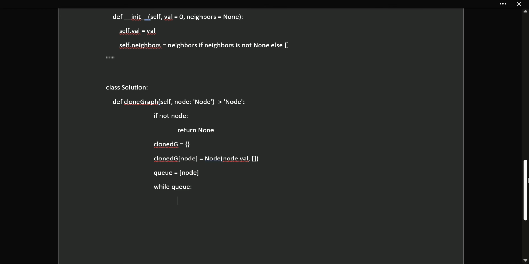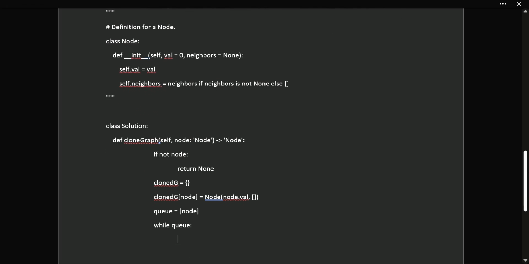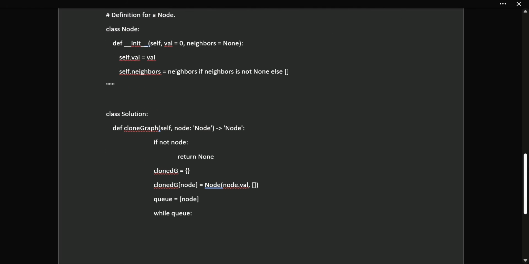We know we can append or pop off of queues. Well, it seems like there's nothing to append just yet. It's probably time to pop something off. So let's go current, so cur equals queue.pop at index 0, and that's going to pull the one on the most left, so first in, first out. And then we'll say,